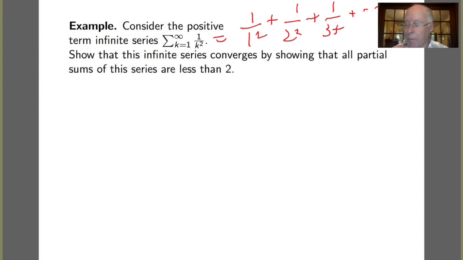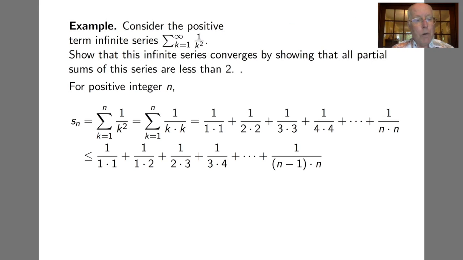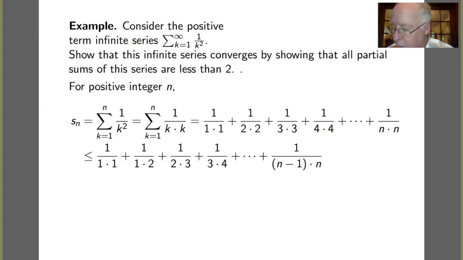So here we're summing the reciprocals of the squares of the integers. We'll show this infinite series converges by showing that all the partial sums, no matter how long you make the partial sums, they're all less than 2. So we're going to start by investigating the nth partial sum S sub n. So once again, S sub n, we get that by summing from k equals 1 to n of 1 over k